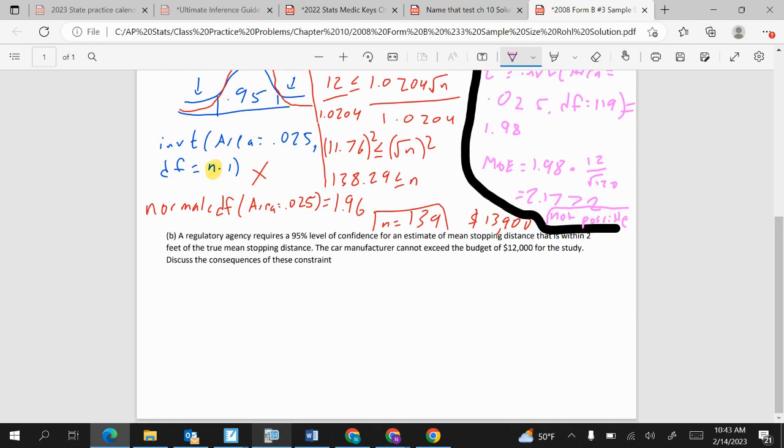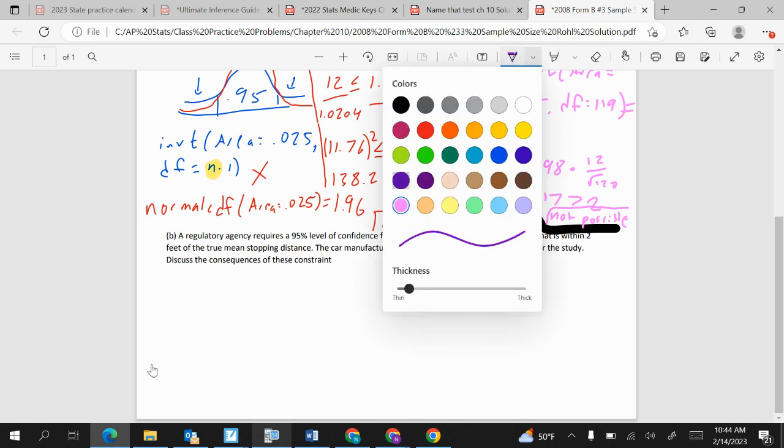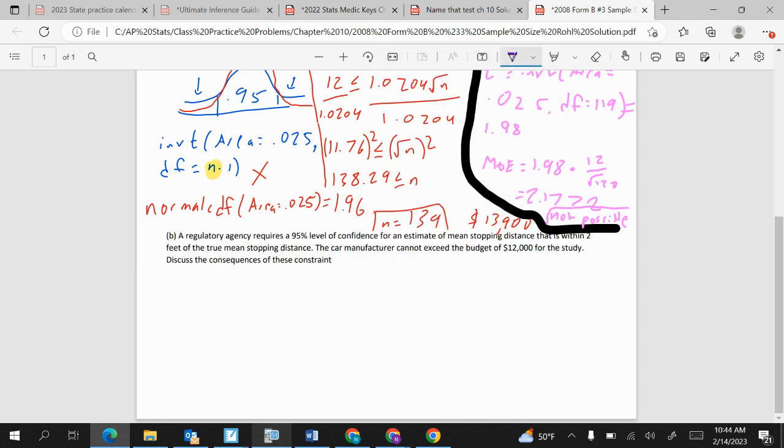Part B is just trying to ask you a little bit more about this. A regulatory agency requires a 95% confidence level for an estimation of the mean stopping distance that is within 2 feet of the true mean stopping distance. The car manufacturer cannot exceed this budget, $12,000 for the study. Discuss the consequences of this constraint. This is a little bit more up to interpretation, but you could simply say, due to these constraints,